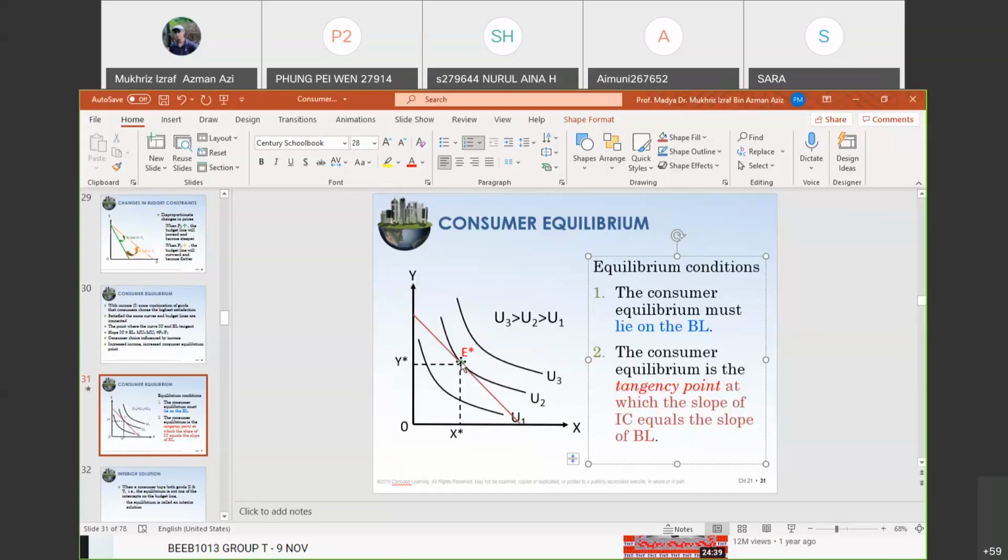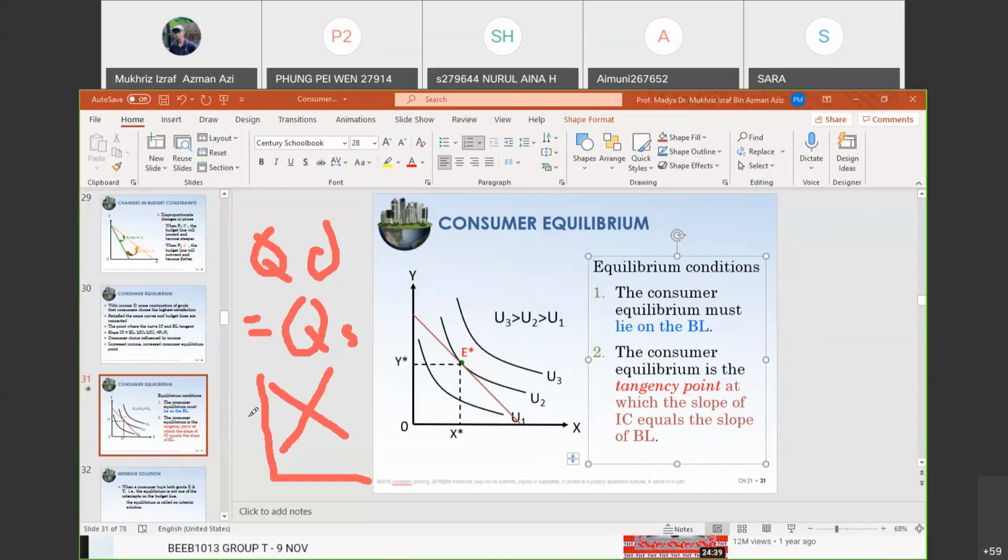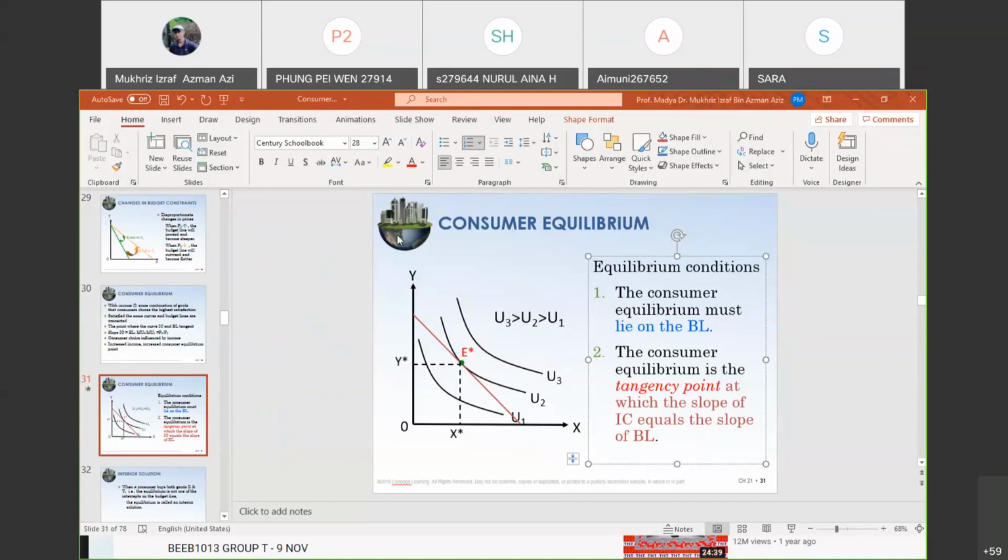So in other words, point E means, if you recall from chapter 2, demand and supply, that equilibrium is when QD is equal to QS. If you plot it in a simple diagram, when the two curves intersect, this is the equilibrium point. But when it comes to consumer equilibrium, when the two graphs intersect, intersect means the two graphs touch each other on this tangency